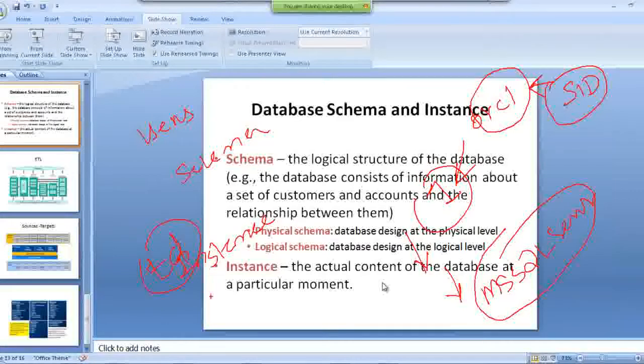And for DB2, when we install DB2 in a system, if we are doing a standalone single installation, then that will be a DB2 instance. So instance is a single installation. If we have multiple installations, these are called multiple instances. So a single installation is one instance, that is why it says here, actual content of database at a particular moment, instance. So think about